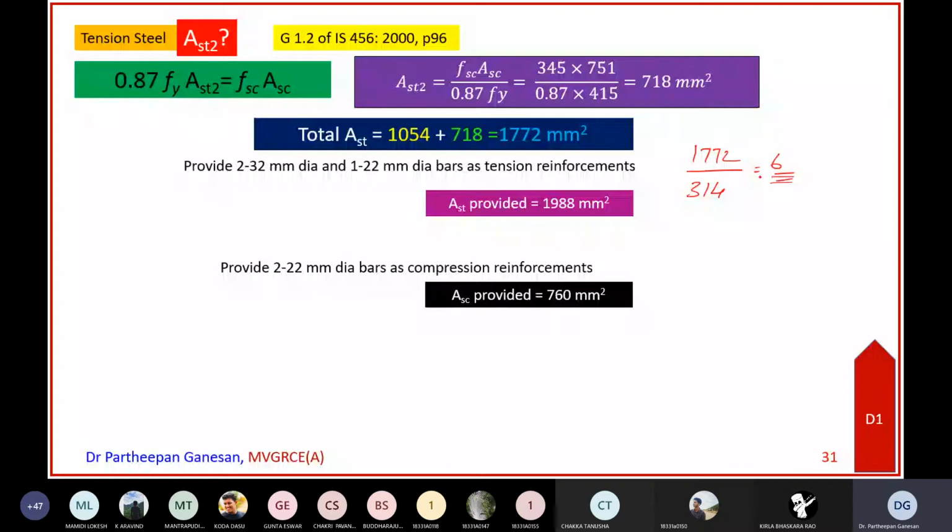Okay, instead of 20 mm, you are providing 32. That is fine. You will not have much difference. So many people will leave it with this AST only, along with this answer only. This much AST should be provided, but they will not provide the reinforcement and cover and all those things. So you should know the process correctly.